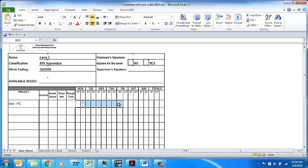What I prefer to see is contractors having their employees indicate what they were doing. And those indications are the same breakdowns as what the estimator could have used or should have used. And so